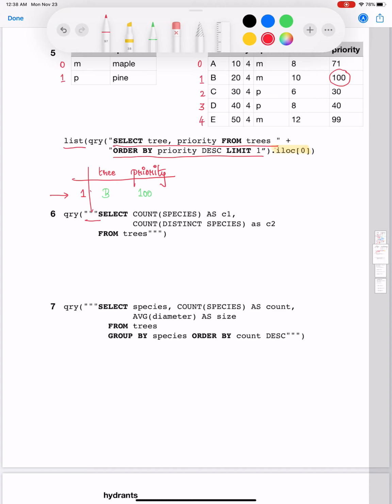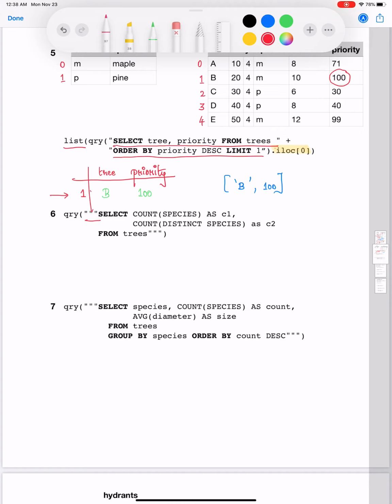So what you are going to get as the output of this query is the list which contains the values D and 100. You will not be getting the names of the columns because you're taking this series and converting that into a list. How are we taking the series? We are doing that by saying dot iloc of 0.